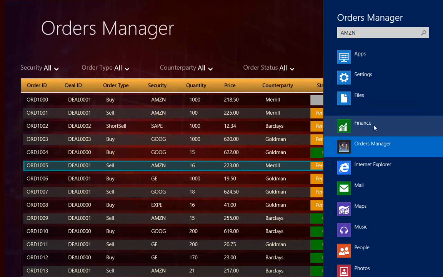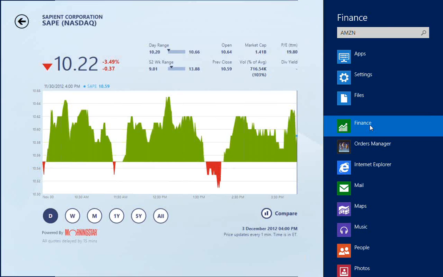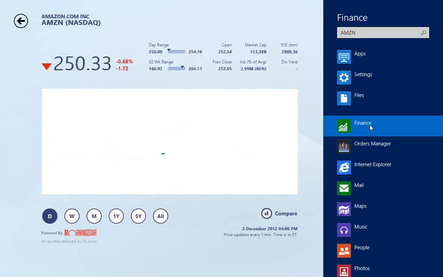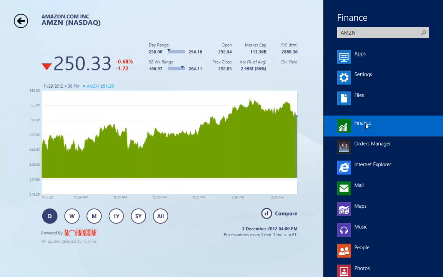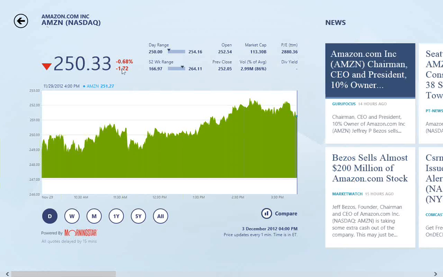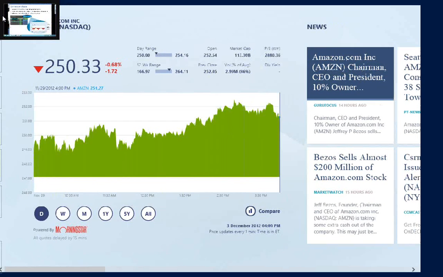We have another application which is a Microsoft standard application, which is called Finance. Now, this Finance application is capable of bringing in a lot of data about a security that you might want to enter in. So I'm going to select the Finance application to see what happens when the Finance application is invoked. So now you see that the Finance application gets invoked, and this is bringing in all the details about Amazon as a security. So it's bringing in pricing information, last open, last close, news, and all that related stuff. And this is precisely what my execution trader wanted.